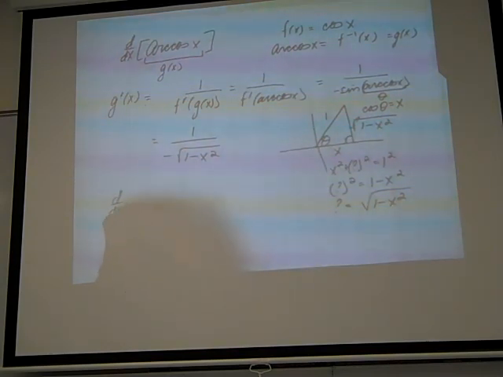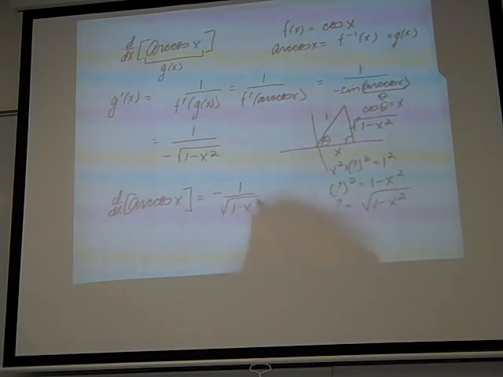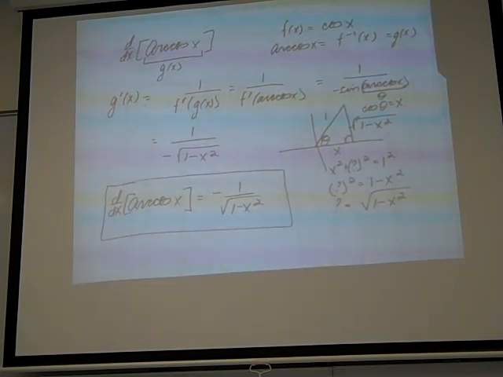There it is in all of its glory. The derivative of the arc cosine is negative 1 over the square root of 1 minus x squared. And we could go through and develop similar derivative rules for arc sine, arc tangent. We could do all of them. Don't worry about this too